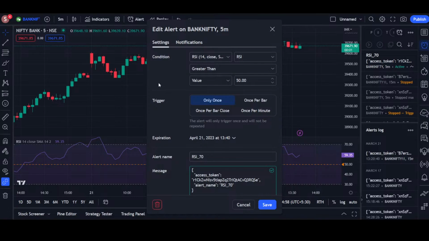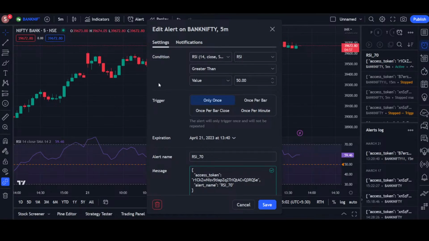Why I'm doing this? Because I just want to trigger this and demonstrate how AlgoTest is going to take the trade. If it is greater than 50, then give me an alert, right? So this is going to give an alert immediately, and it should take a paper trade also immediately. So I'm just going to save this,